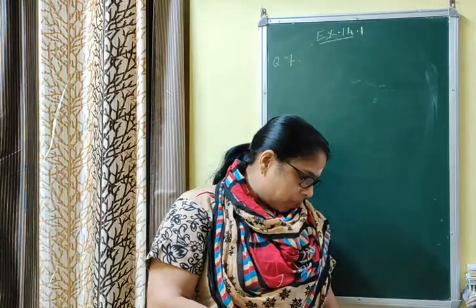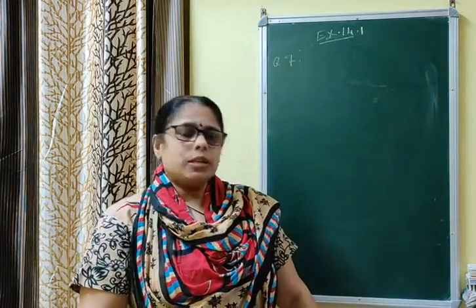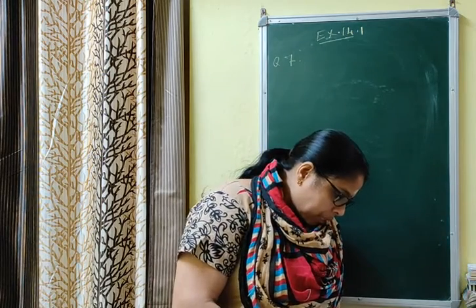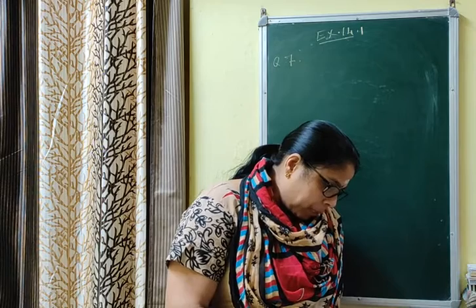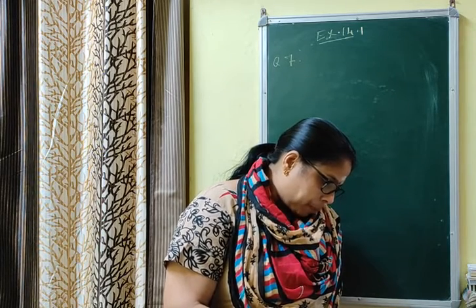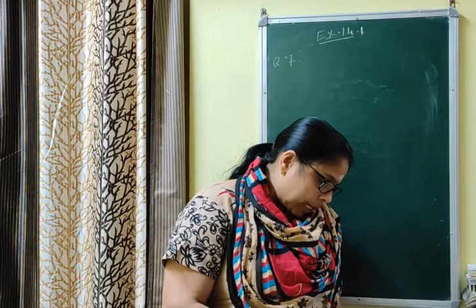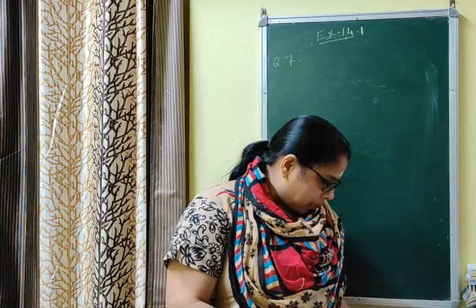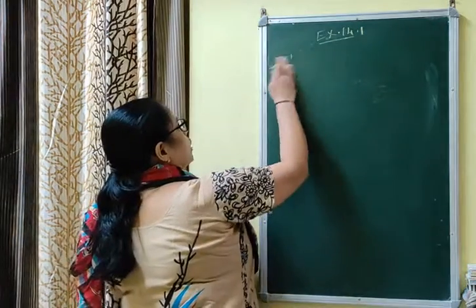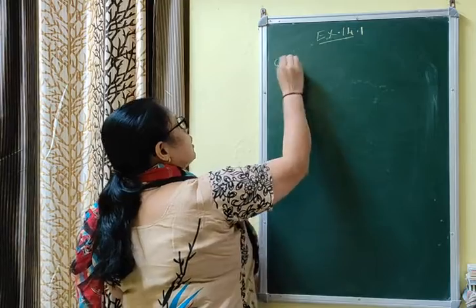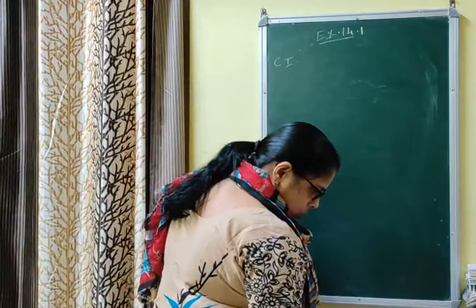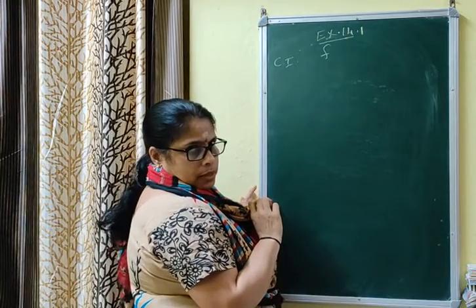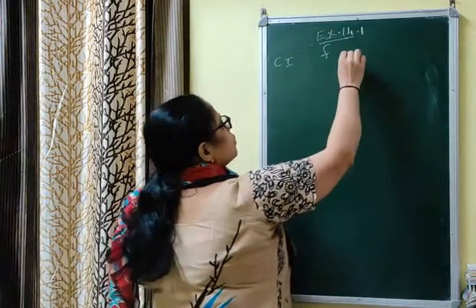I am doing question number 7 because the class interval is given in decimal form. I am reading the question. To find out the concentration of sulfur dioxide in the air in parts per million, ppm. Parts per million can be shortly written as ppm. The data was collected for 30 localities in a certain city and is presented below. You are given class interval and frequency. Again, due to the shortage of space, I am writing it as class interval. You can write it as the concentration of sulfur dioxide if you want. Next is frequency. And I am doing this question by shortcut method because that is new for you.